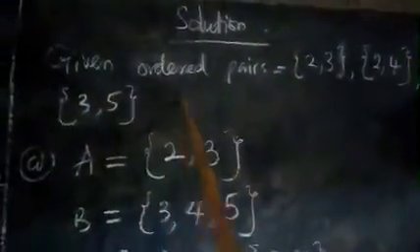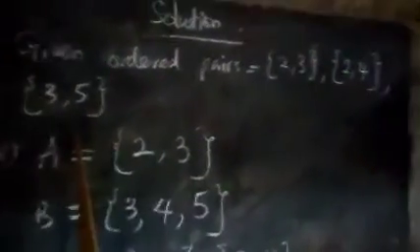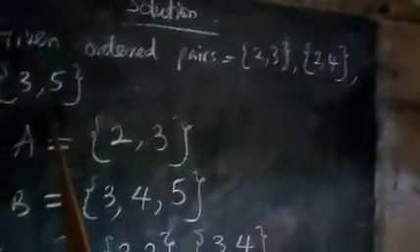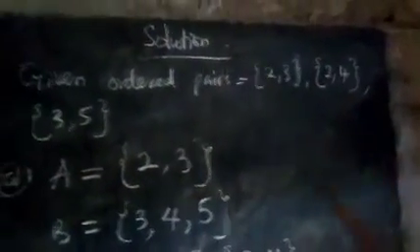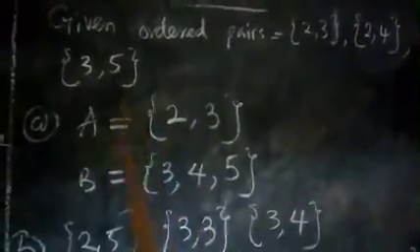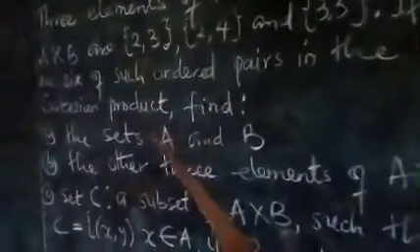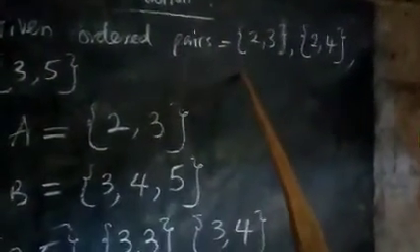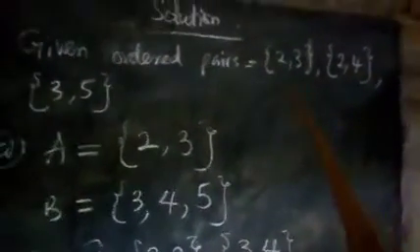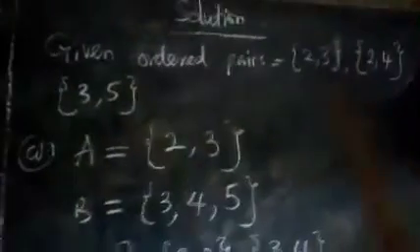The given ordered pairs are (2, 3), (2, 4), (3, 5), as you have it in the question. These are the 3 elements of the Cartesian product that were given to us out of the 6. Now, question A asks us to find the sets A and B. How do we find that? Remember that to get a Cartesian product like this, we pick an element from set A and merge it with an element from set B. So look at this: (2, 3), (2, 4), and (3, 5).